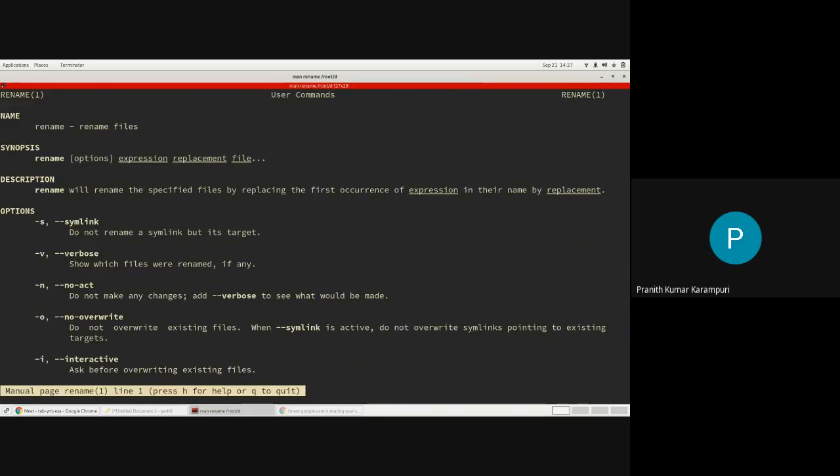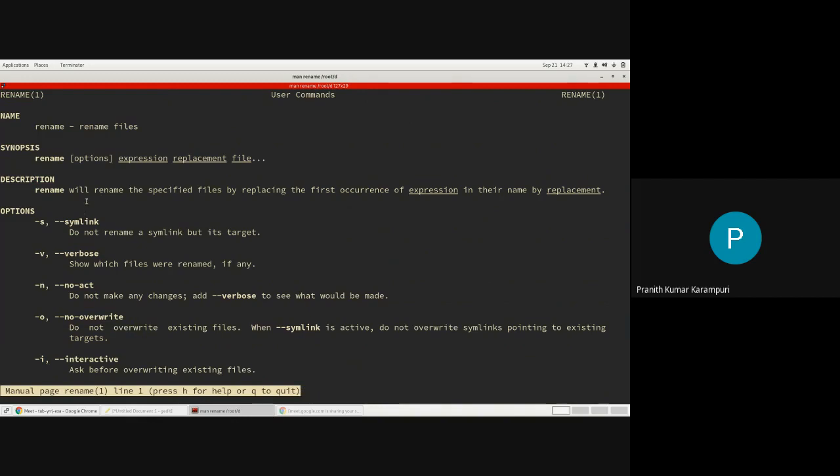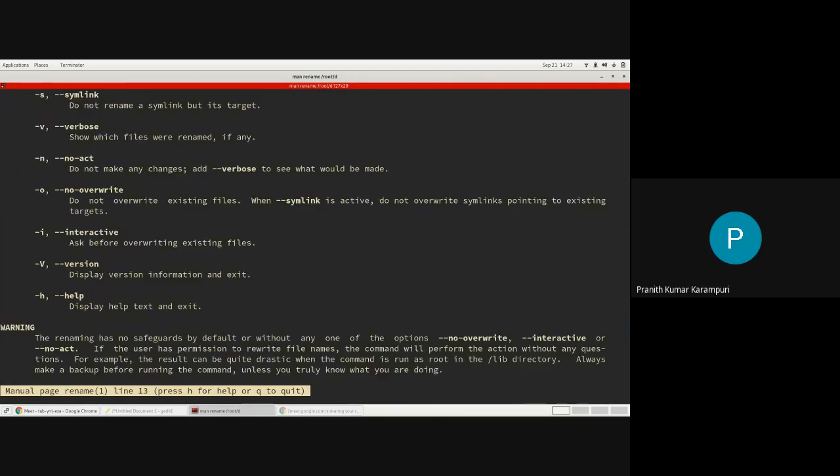Oh, okay, there is a... Let me see if this works. What is this one? Rename will rename the string by replacing the first occurrence of name by replacement. Okay, I don't think it is that.